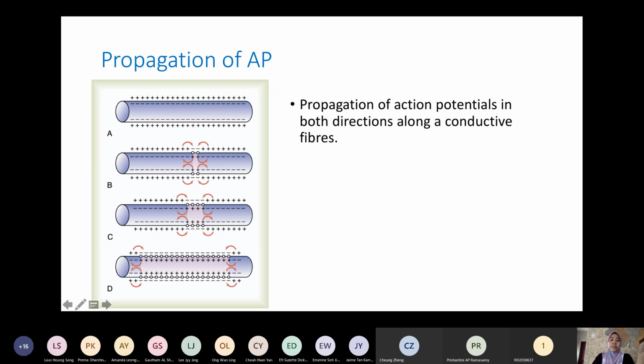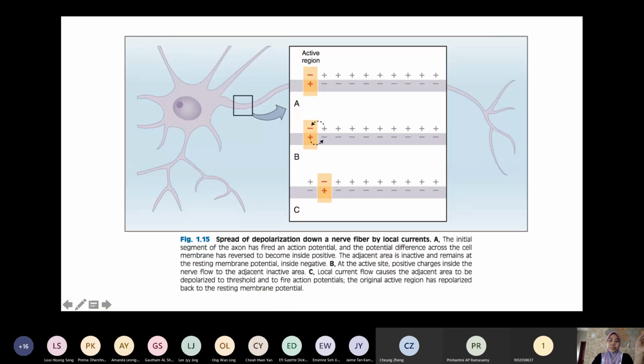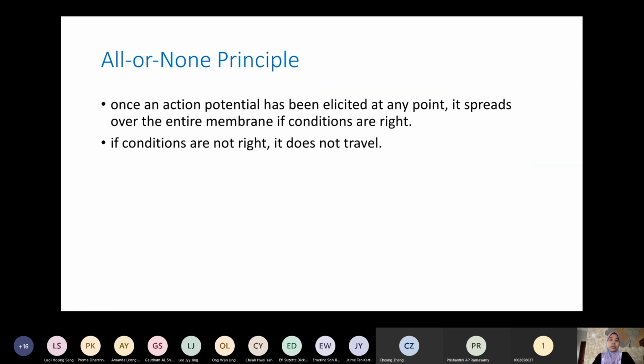Okay, and then the electrical current starts to come in and occur in both directions. So this is how the action potential occurs. So when this is a normal potential, there is an electrical current change again, from the outside to the inside, and then the inside tries to be more positive or less negative. The electrical current will change throughout the directions, and at this side it will come back to its resting membrane potential.